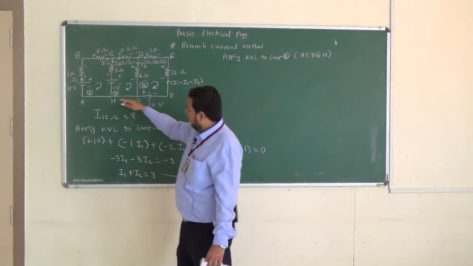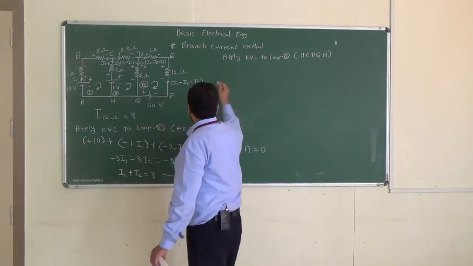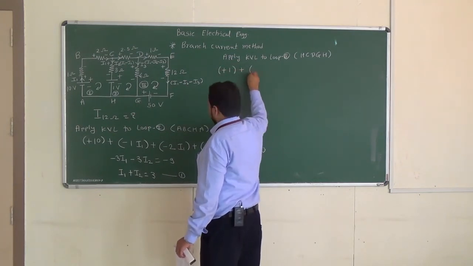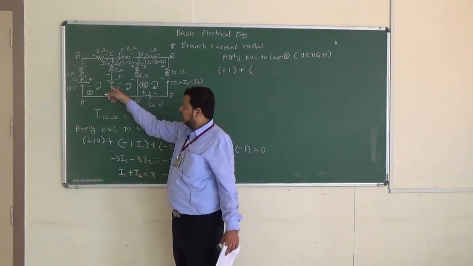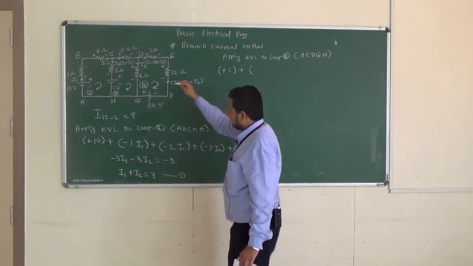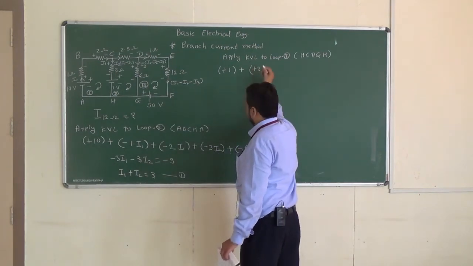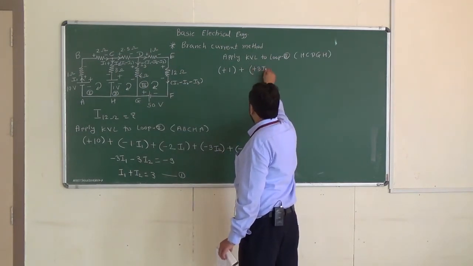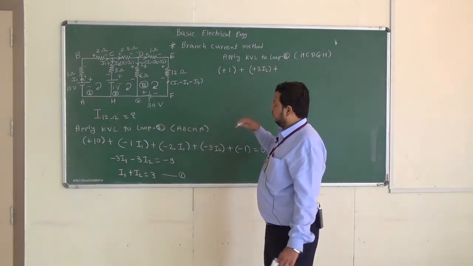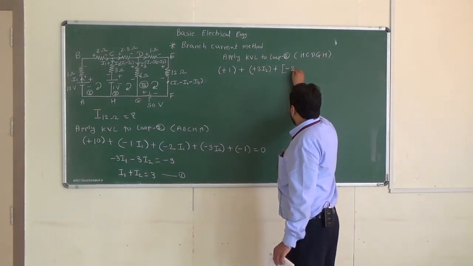Now while moving from H to C, first there is the voltage source, minus to plus, means there is rise in voltage, plus 1, plus, again we should not multiply this one with the current, okay, because it is the voltage source, plus, again minus to plus, means there is increase in voltage, so plus 3, current flowing is I2, plus,